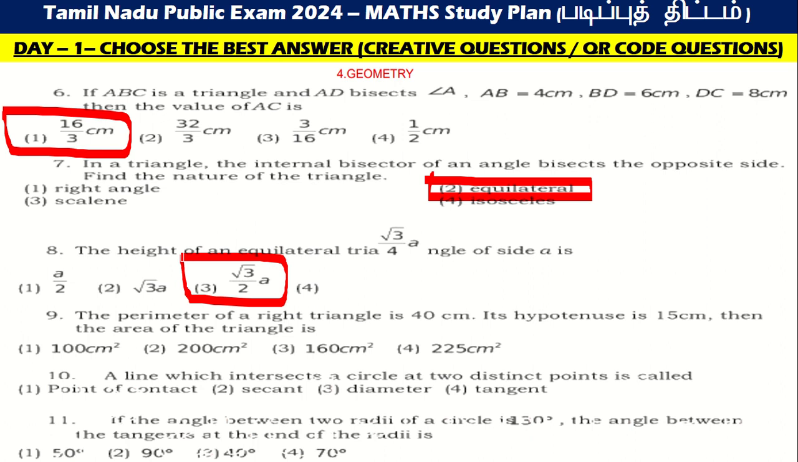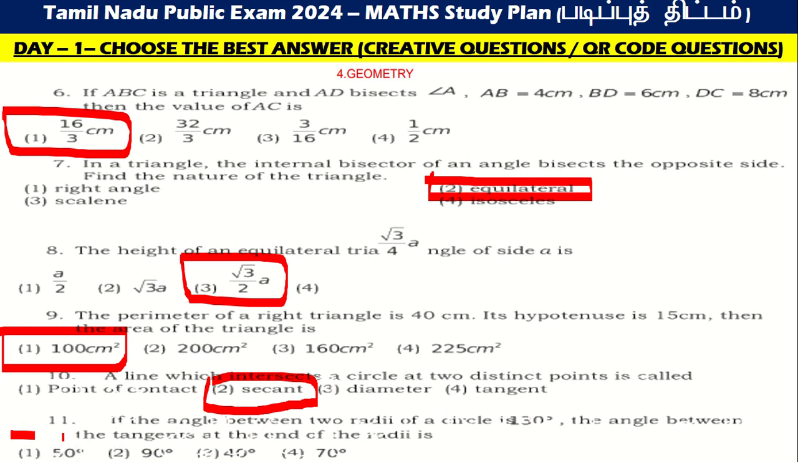3 by 2a. The perimeter of a right triangle is 40 centimeter and the hypotenuse is 15. Then the area of a triangle is, that means the one is 100 centimeter square. A line which intersects circle at two distinct points is called, that means CENTUM. In two radii of a circle is 30 degree, then the angle between the tangents at the end of the radii is